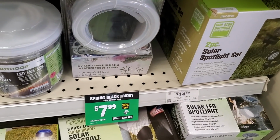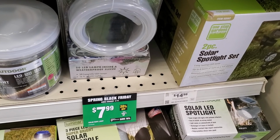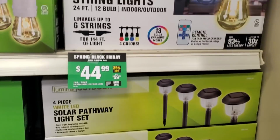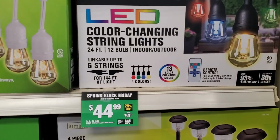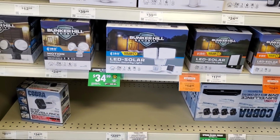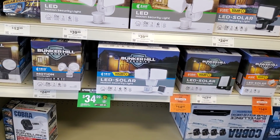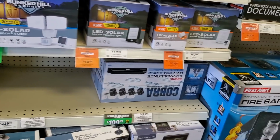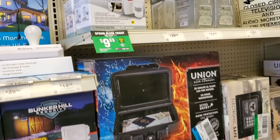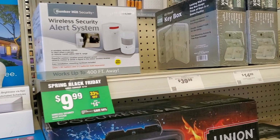Then they got this rope light, $7.99. I don't know the quality of this thing. I bought one way back in the day, and that thing never lit up. So $44.99 for this color lights. Now you got the solar light for $34.99. I bought solar lights from here before, and they're solid. They work really well. Then they got the Cobra 4-camera surveillance for $199, and then they got this alert system